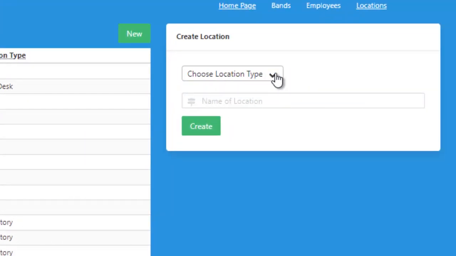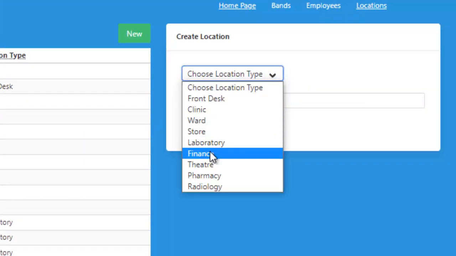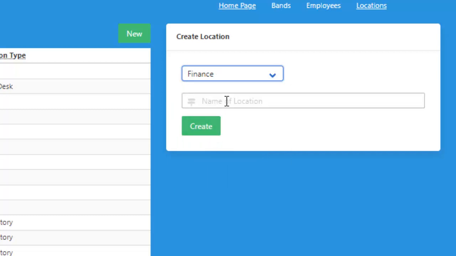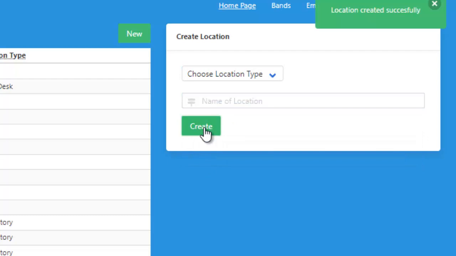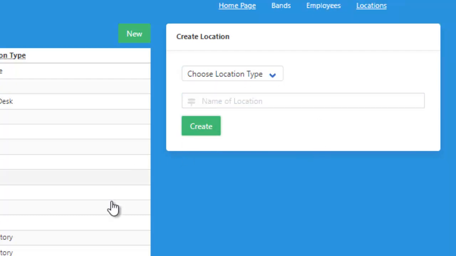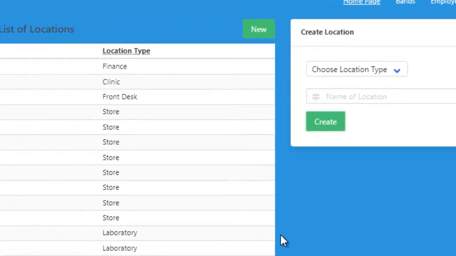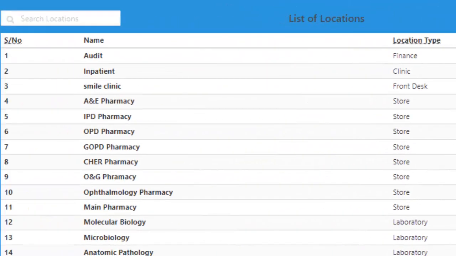Now let's create this location again. We're creating this location at the finance module. The name of the location is called audit, and we create. Location created successfully. Now let us do a quick recap. We have just created a location at the finance department called audit. Also, we created an employee record for an employee called Peter Pan who works at the finance department in the